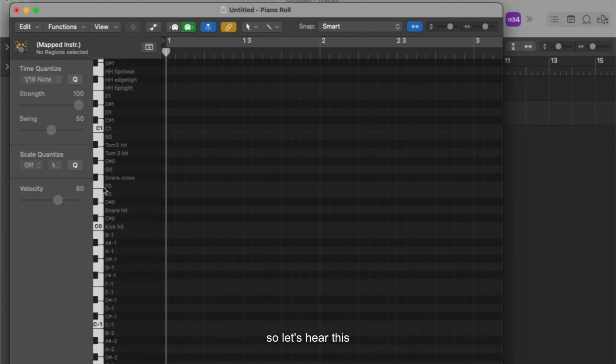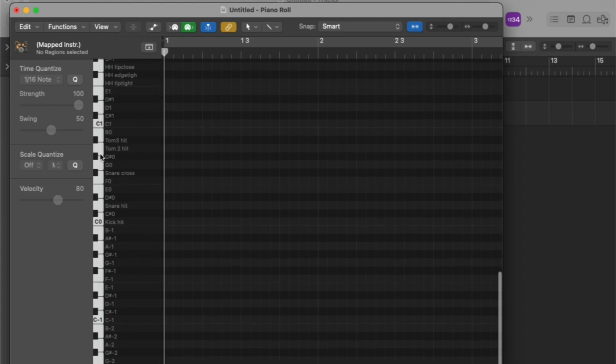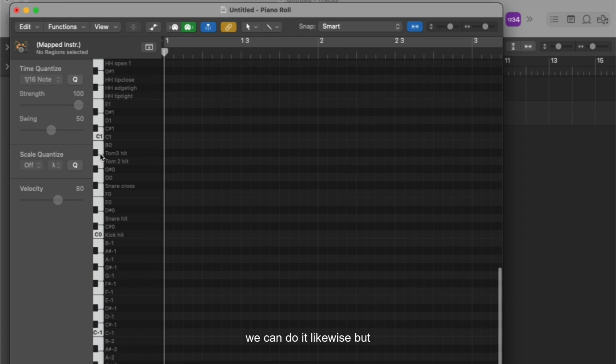So let's hear this, how it sounds. Will it work or not? We'll check it out. So we have kick, and then snare hit, snare cross stick, and tom 2, tom 3. I missed the tom 1. We can do it likewise, but